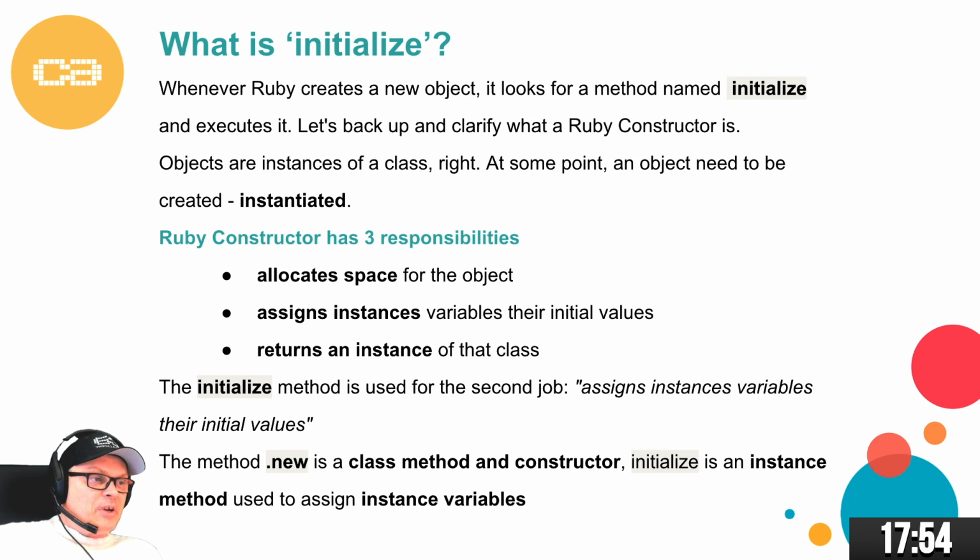There are programming languages that require you to allocate memory space. Ruby is not one of those languages. Don't worry about this. However, you should know that it is actually happening. The object will be stored in memory somewhere. Then comes the thing that you actually care about, and that is that it assigns